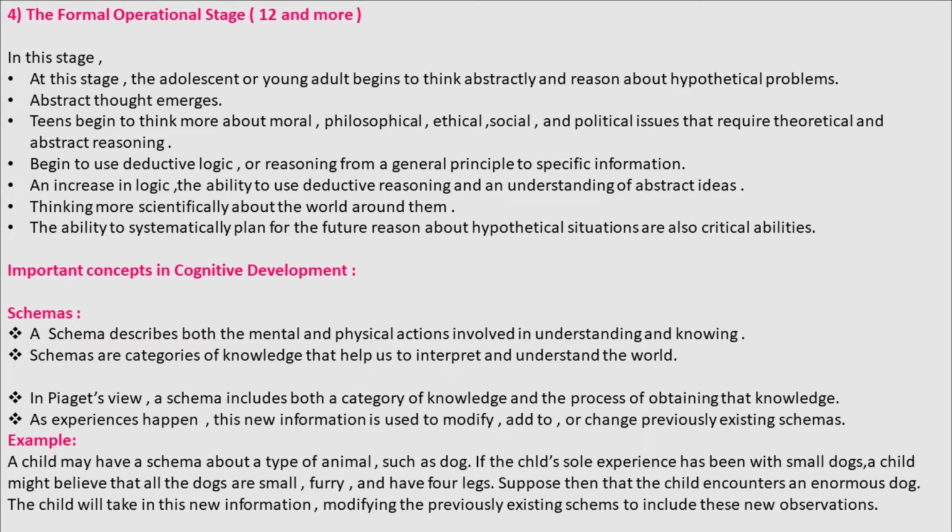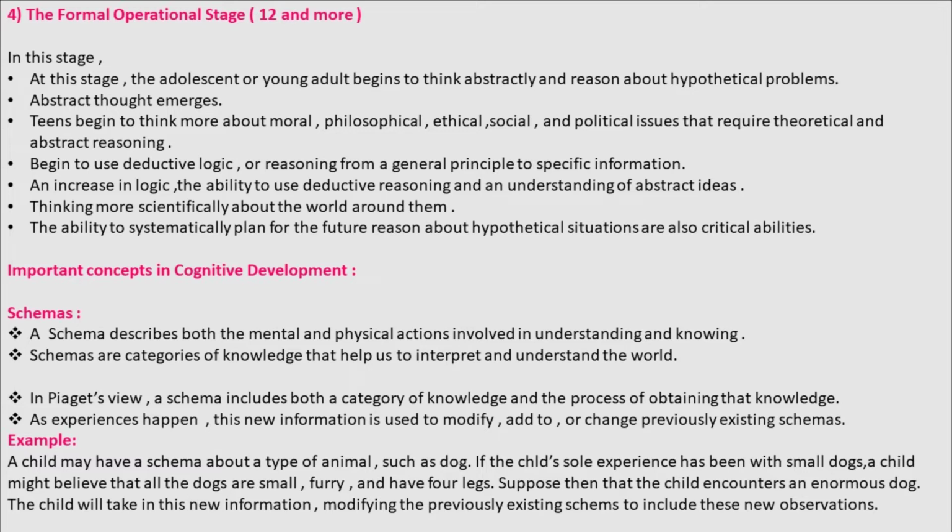Fourth stage is the formal operational stage, 12 and more. At this stage, the following major characteristics and development changes are found. The adolescent or young adult begins to think abstractly and reason about hypothetical problems. Abstract thought emerges. Teens begin to think more about moral, philosophical, ethical, social, and political issues that require theoretical and